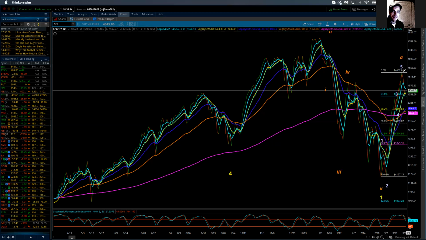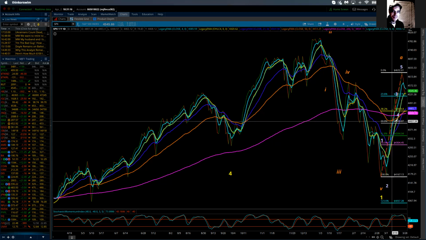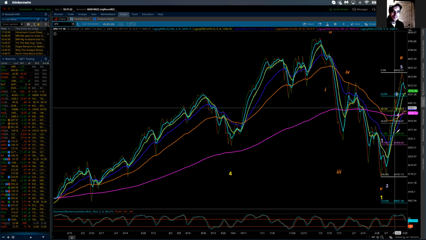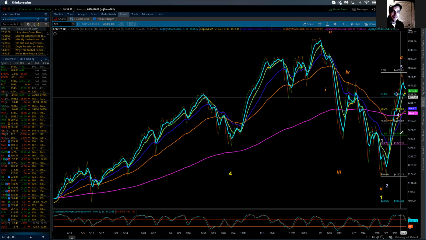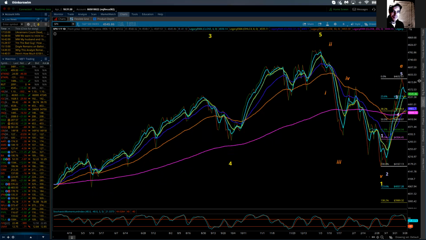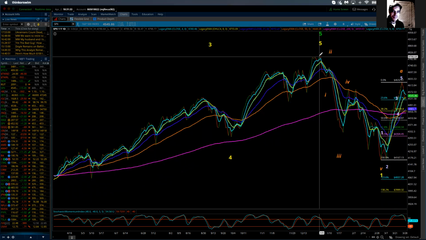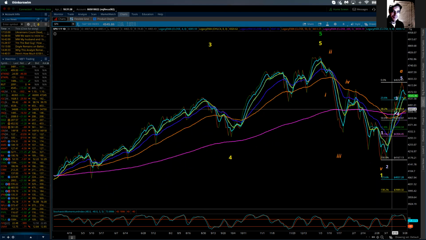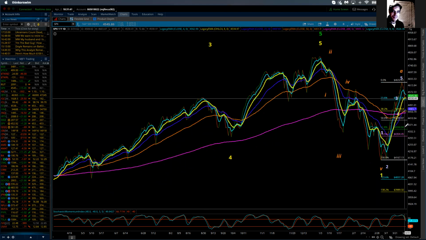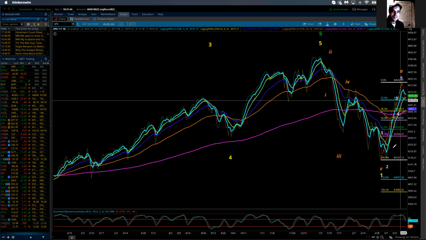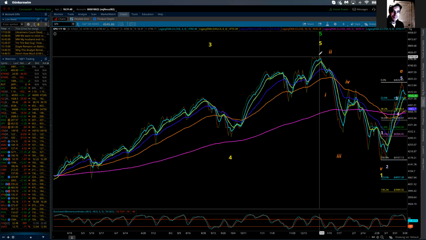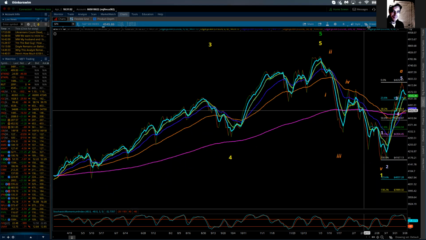And that would be of the length of that A wave. So 50% down is 44.00. Down here at 62%, we have 43.45. That's not unreasonable. And then from there, we would do an additional C wave up, not to exceed that high. But remember, the relationship on a Fibonacci basis, if we're trying to measure this out, is that the C wave's most common relationship between the C and the A is that C is equal to 0.618 of A. And so that keeps that high at 48.08 in place.